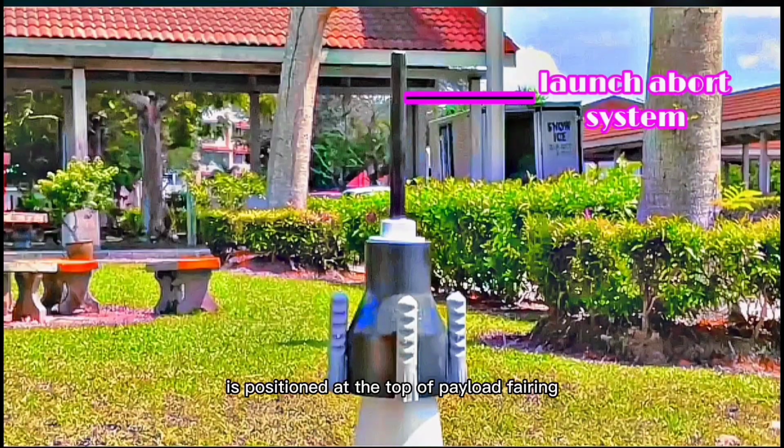The launch abort system is positioned at the top of the payload fairing. It can activate in milliseconds to pull the spacecraft away from the rocket if a problem arises during launch or ascent. The system's powerful abort motor can accelerate from 0 to 500 miles per hour in 2 seconds if needed